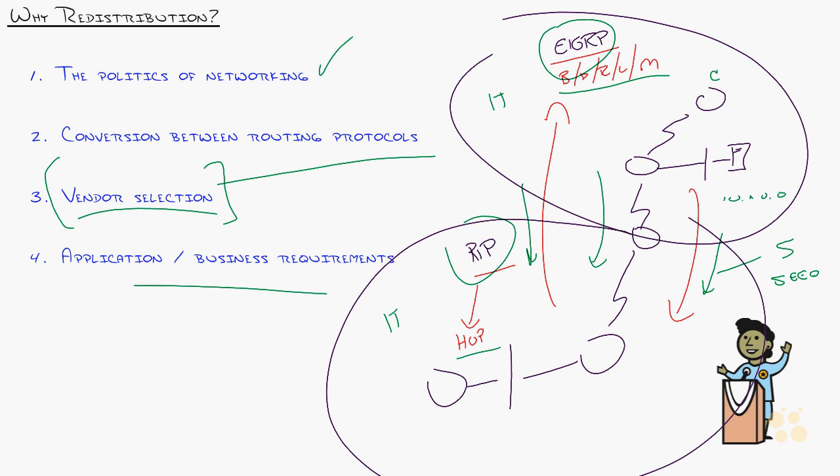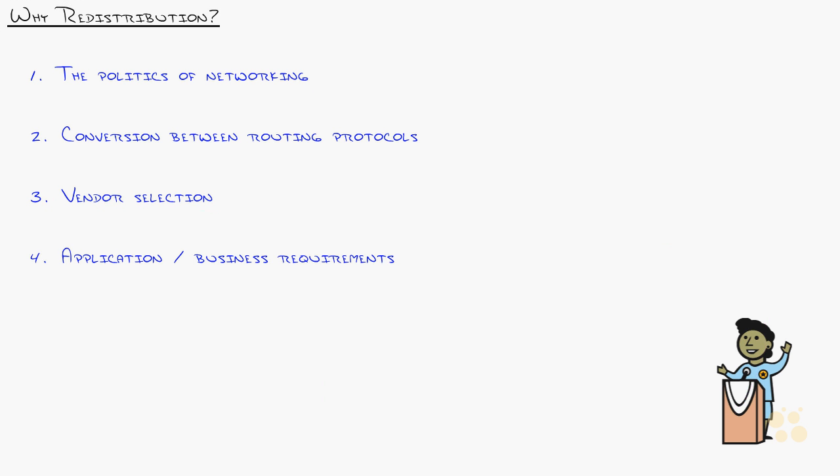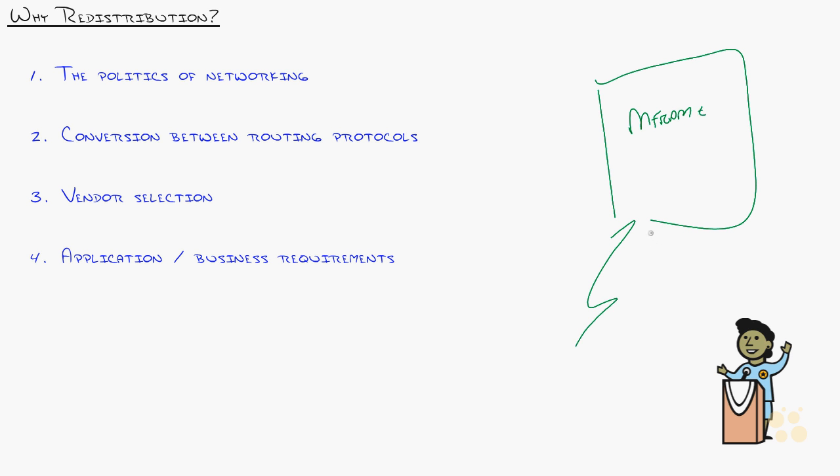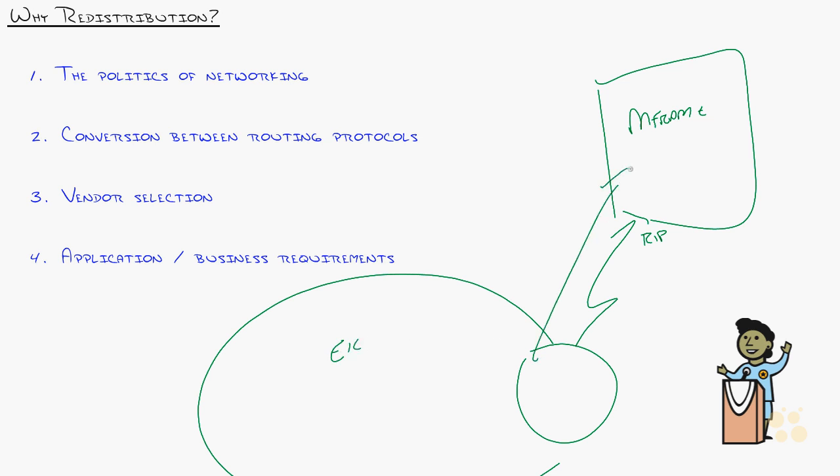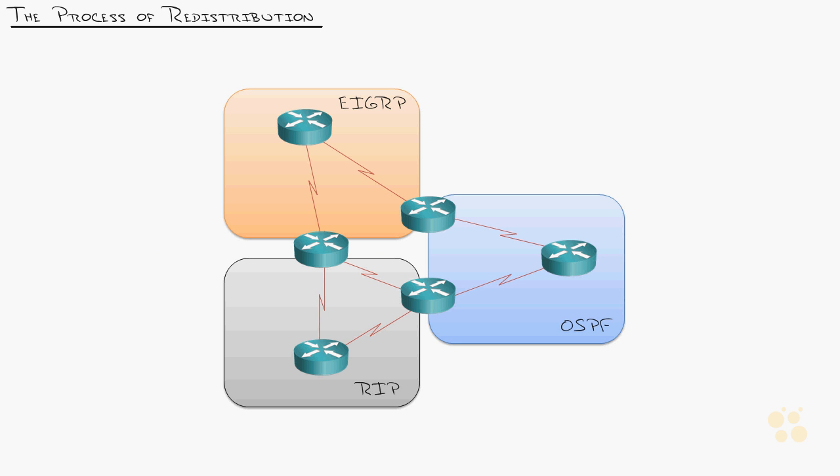Or maybe you've got application and business requirements. Maybe you've got something like, for instance, I have seen a comeback of mainframes, where mainframes are coming back into the network, and sometimes these things run RIP. They don't have a default gateway, very, very old devices, and they receive their routes from the system using RIP, so we take all of our EIGRP stuff and redistribute it so the mainframe knows how to get around the network.